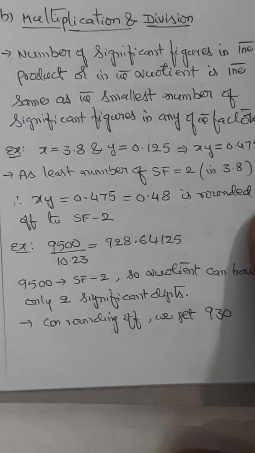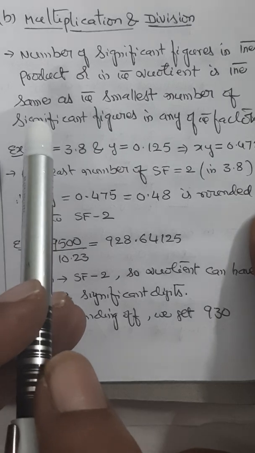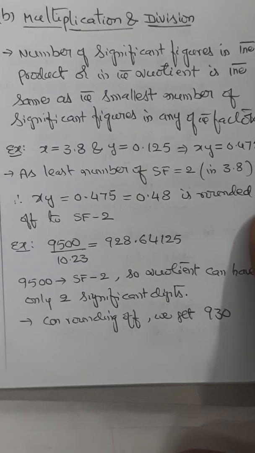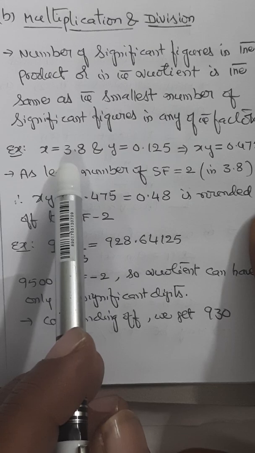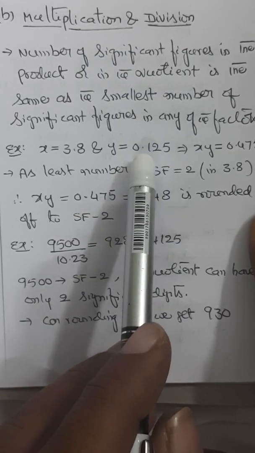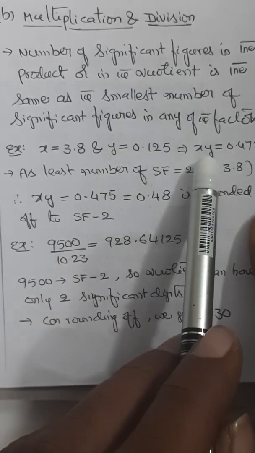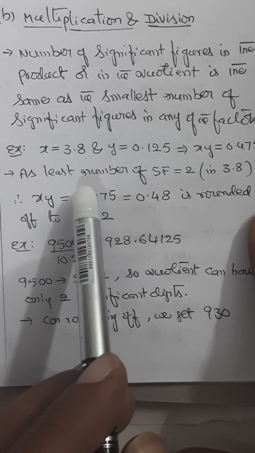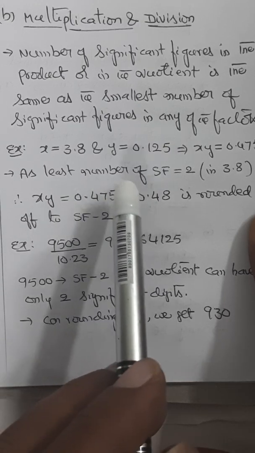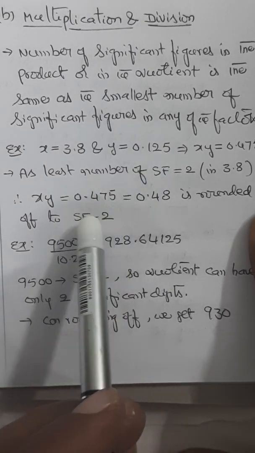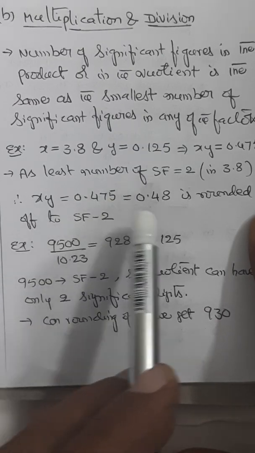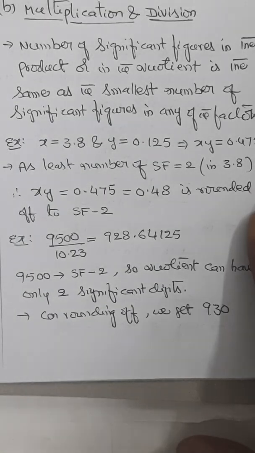Interestingly, when you look at this concept from the angle of multiplication and division, the number of significant figures in the product or in the quotient is the same as the smallest number of significant figures in any of the factors. For example, take x equal to 3.8 and y equal to 0.125. If you take the product x into y, that is 3.8 into 0.125, it comes to 0.475. Because the least number of significant figures is 2 in the case of 3.8, 0.475 can be rounded off to 0.48, which is 2 significant figures. Similarly, if you take the division of